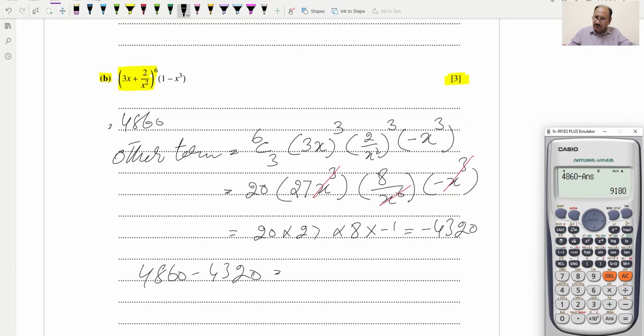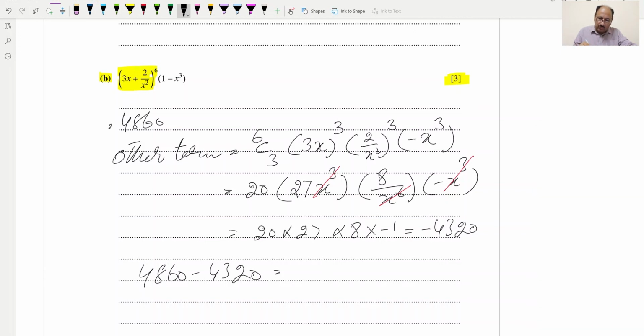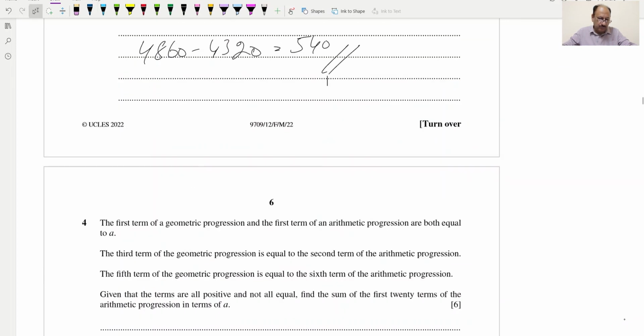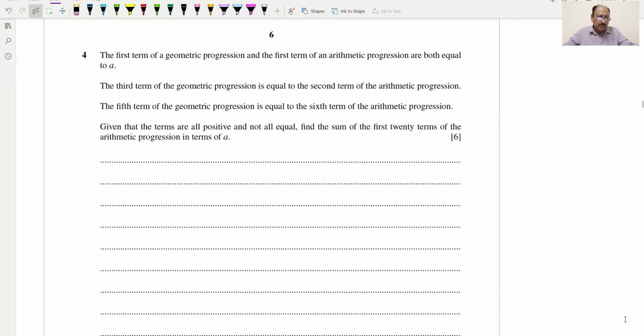This is basically, we'll have to retype 4860 minus 4320. This will be equal to 540. So 540 will be the final answer for this B part. Hopefully you got this. Now question number 4, and the question number 4 is